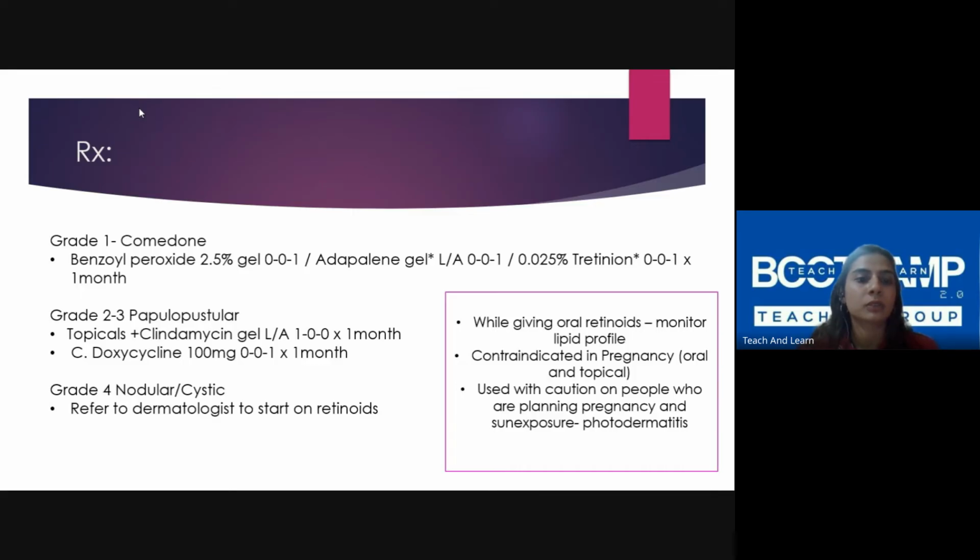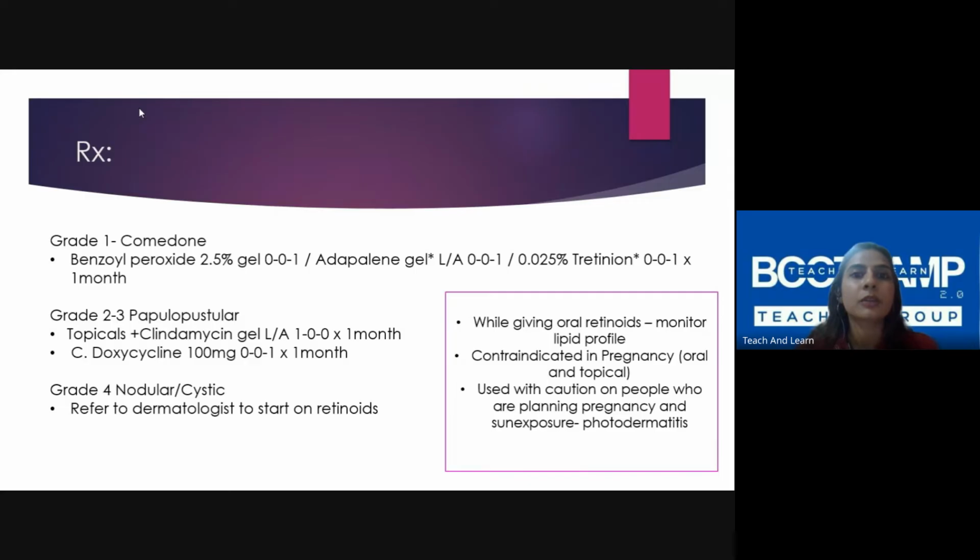So those are comedones. What are you going to give? Benzoyl peroxide, you can choose 2.5% gel at night. So guys, I'm going to upload a document with the treatments of common dermatological conditions, so they do not have to take any notes. If I do not get time to make a document like that, I'll upload the PPT directly in the discussion group. Okay. So benzoyl peroxide 2.5% at night, or adapalene gel, also at night, or 0.025% tretinoin at night.